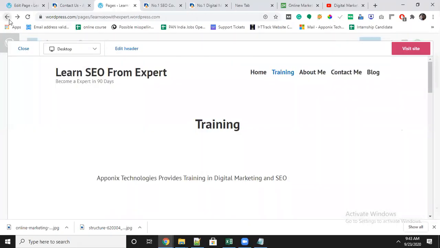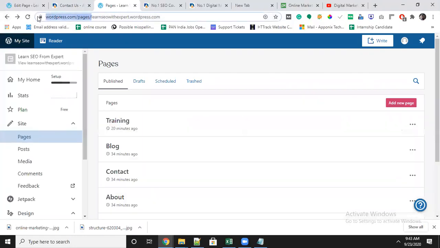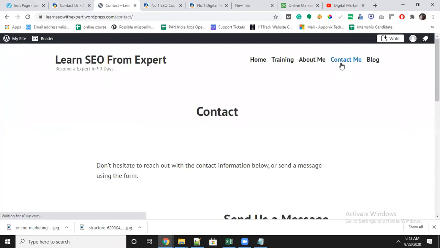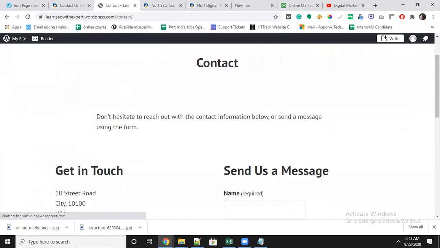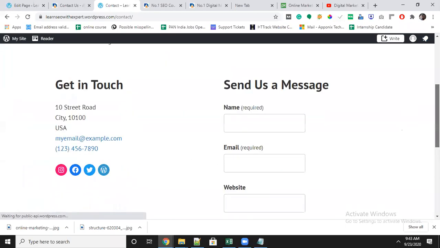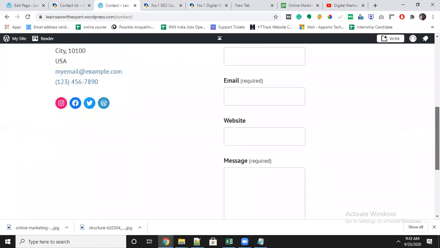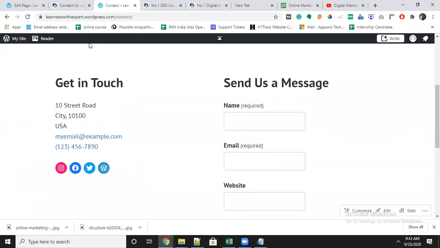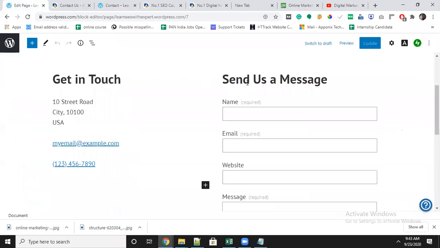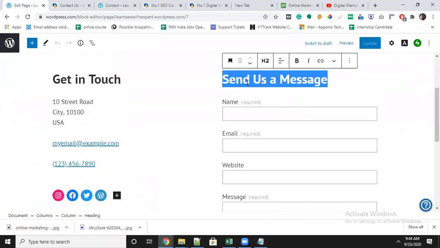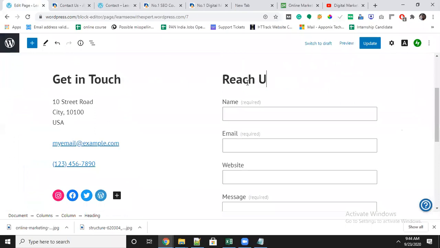Okay, if you go to your blog, you will get a complete idea here. Here is the default form and address, everything. We have to add now. Whatever you want, you can apply. Let's say I will make it Reach us.